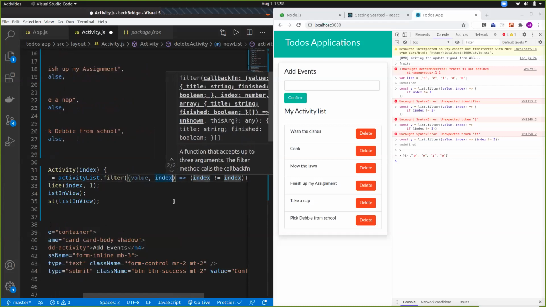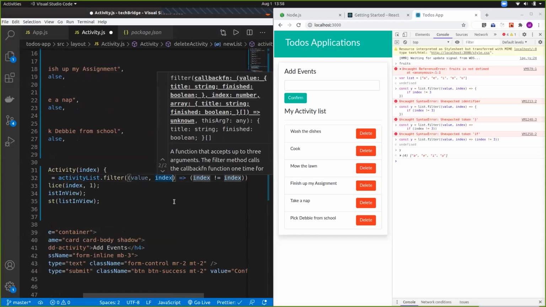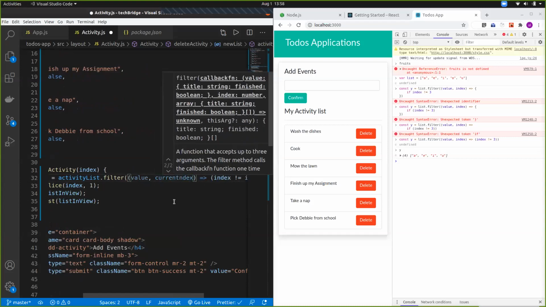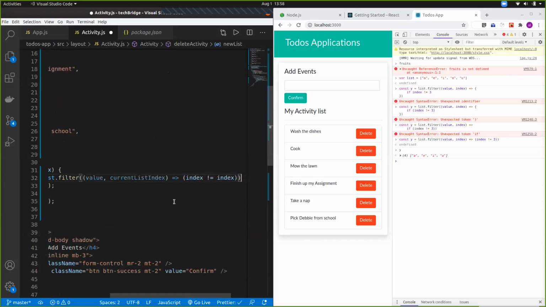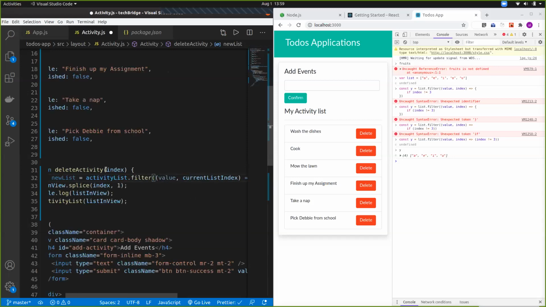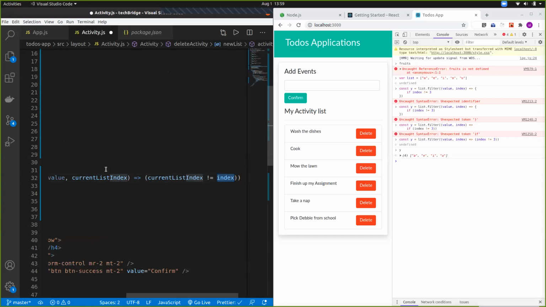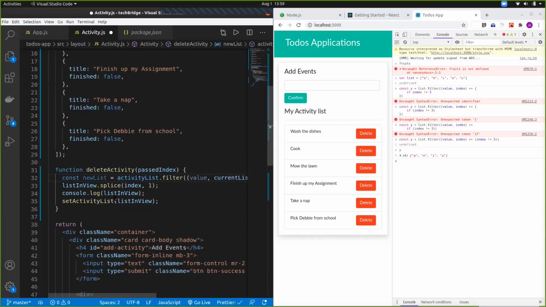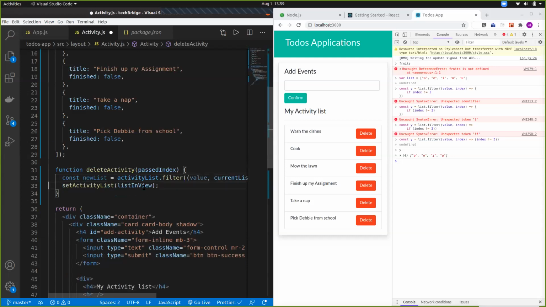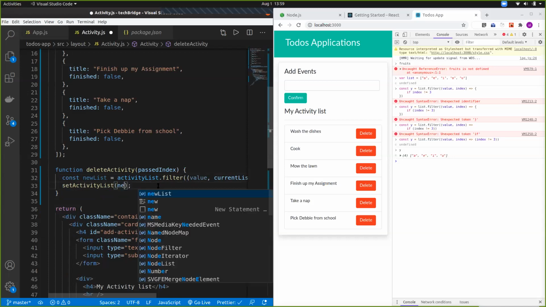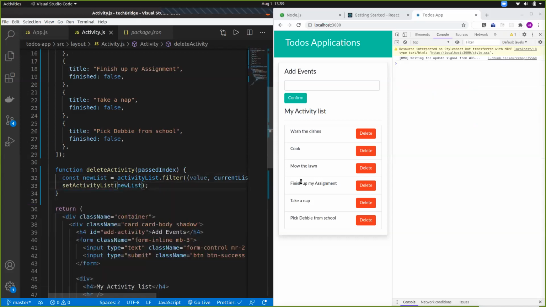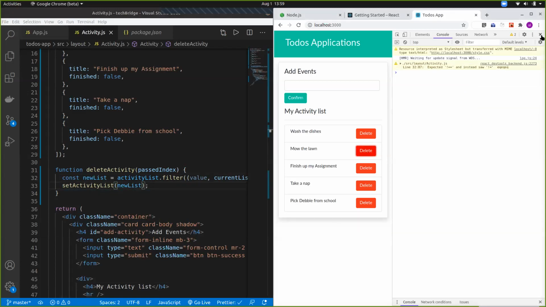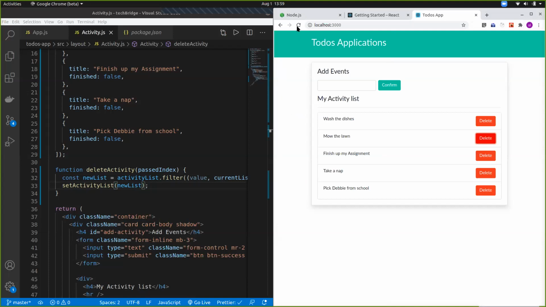Well, let's give this one a new name. Let's call this one current index, current list index. If current list index is not equal to, then let's call this one past index. It's not equal to past index. All right, so that's new list, and let's set this as new list. So yeah, that was what I was avoiding earlier, but I didn't want to write a function,